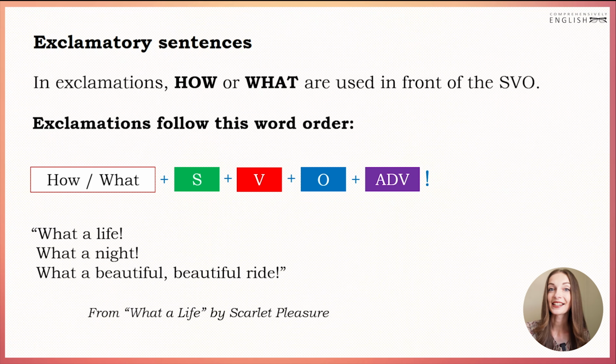All of these sentences here are exclamations or exclamatory sentences. And we can see this structure. What precedes the SVO, what a life. But in this particular case, we don't have all three components, we only have the subject. What a life. This is enough for an exclamatory sentence. They can be very short, containing only what or how and the subject. So the basic component, the word that is inevitably used in every exclamatory sentence, is the subject.